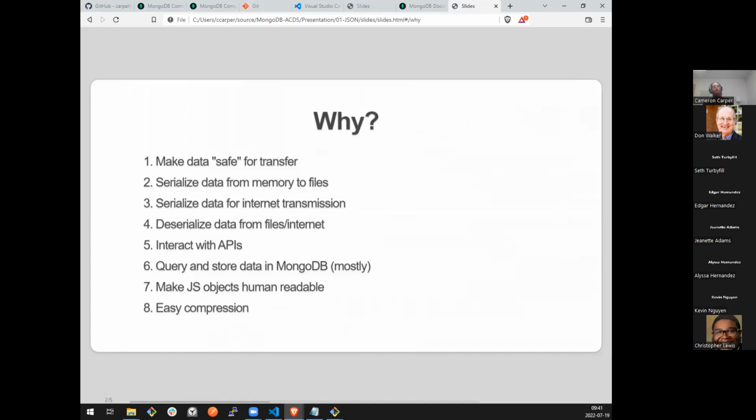I covered a little bit of this in my brief intro about why we deal with JSON, why we have it: to make data safe for transfer. As I said, if we're transferring data over the internet, especially in things like API calls or remote service calls, doing it in binary comes with a lot of challenges, because if we have a binary string of characters that represents a specific technical aspect of whatever protocol we're using, it could cause us to break that protocol.